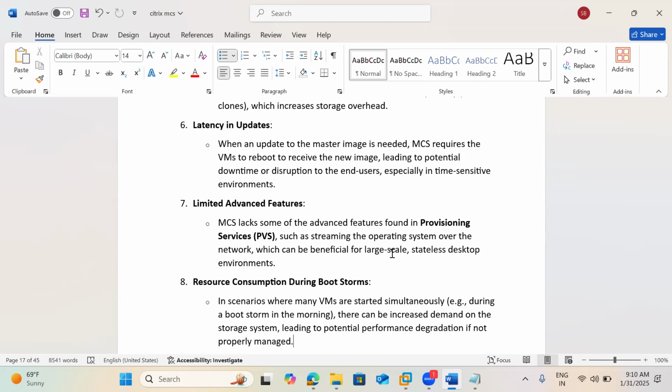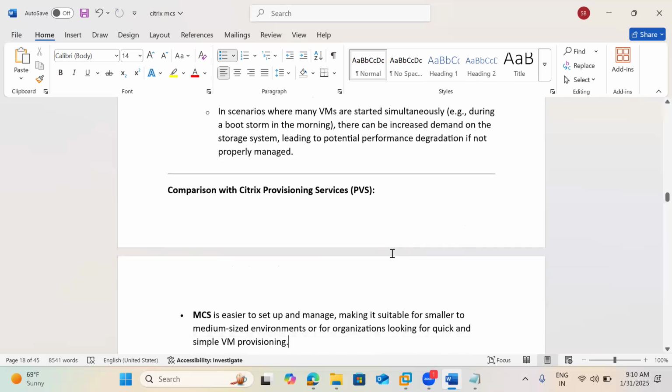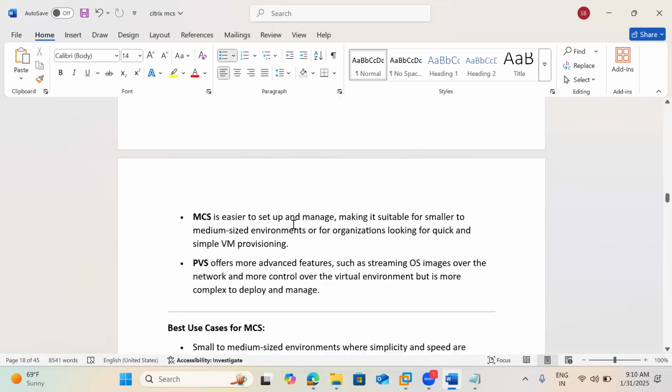Say, whatever may overflow to RAM, some of the storage benefits. Now, Citrix is trying to implement even with the MCS. But PVS-wise, MCS is much easier to set up. We just need to create the machine catalog with one master image, and MCS will take care of the rest. But with PVS, a separate PVS farm is required. PVS high availability we need to take care of, and vDisk updates, all that is a little complex compared to